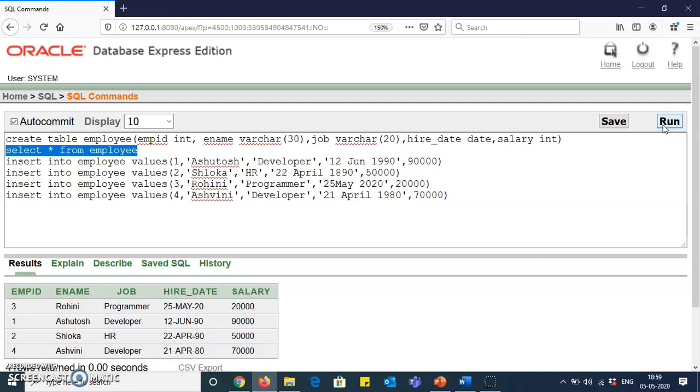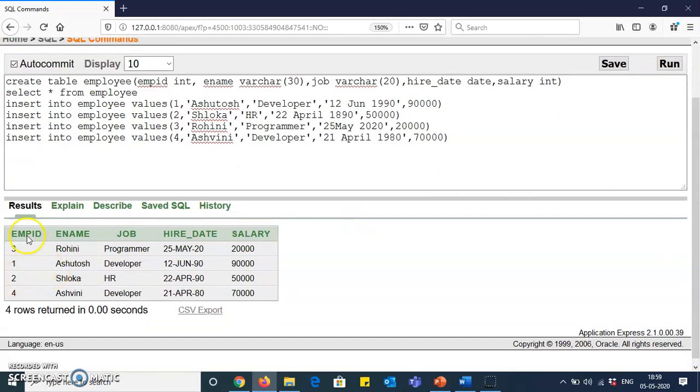If I click on run, you can see my table is displayed. I have displayed a total of 4 values. Accordingly, you can see the date is inserted, hire date in the format DDMONYY, then ename is varchar, job is again varchar, salary is integer, EMP ID is integer. This is how I have inserted the data into my table.